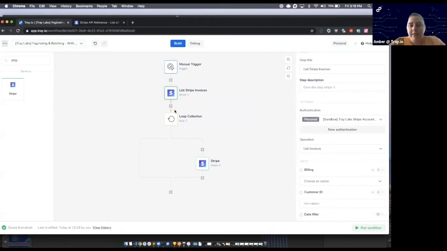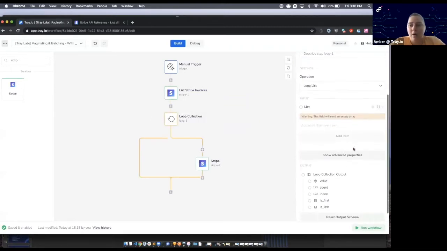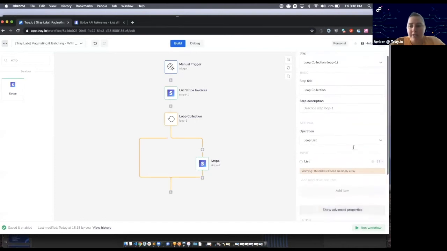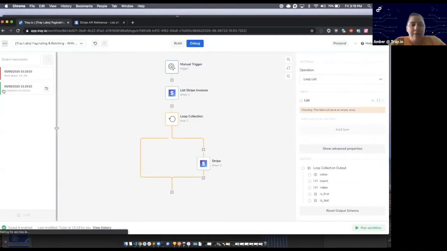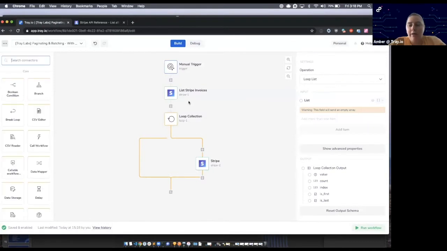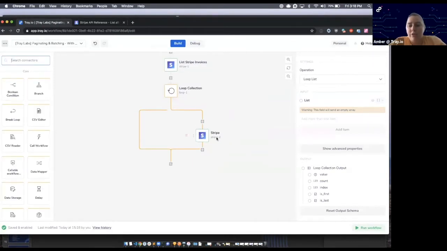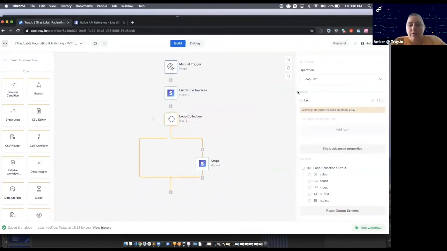Next we want to do is click onto our loop connection. This is going to populate all of the properties for the loop connector. So what we want to do is go through the list that we saw in our output. We want to go through each one of those records, and we want to do some action to that record using another Stripe connector. So to access the value from a previous step, we can use the connector snake to